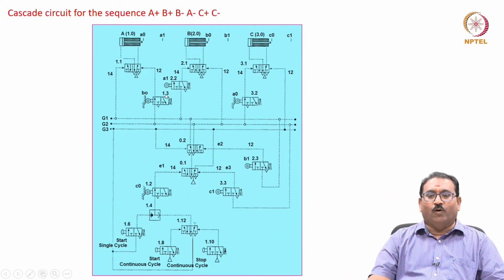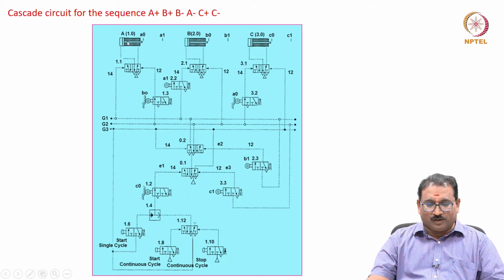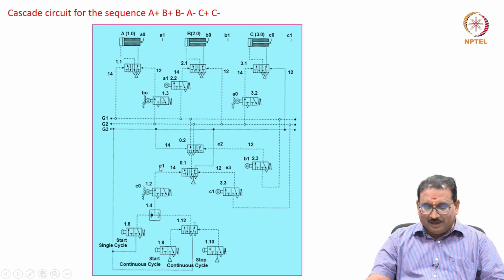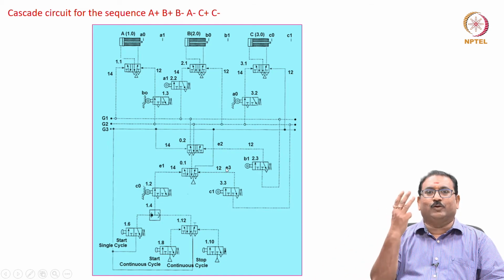Now I am showing you all the positions. I already explained these things in detail in the stamping operation. A 1.0, B 2.0, C 3.0. I have marked A0, A1, B0, B1, C0, C1. As usual, you will see, friends, A0 I am monitoring, B0 I am monitoring, C0 I am monitoring. Then I am using various other valves to make the circuit active. Please take care. How many signals am I using? E1, E2, E3, because there are 3 groups.